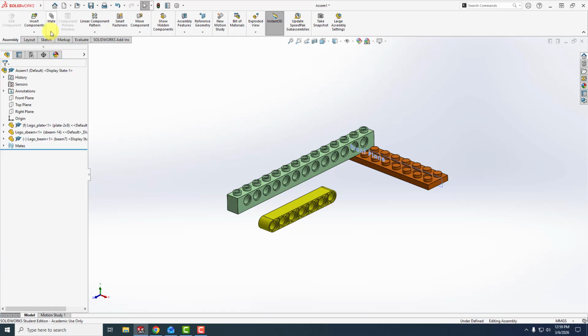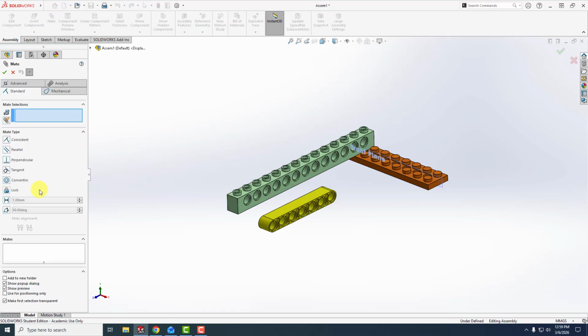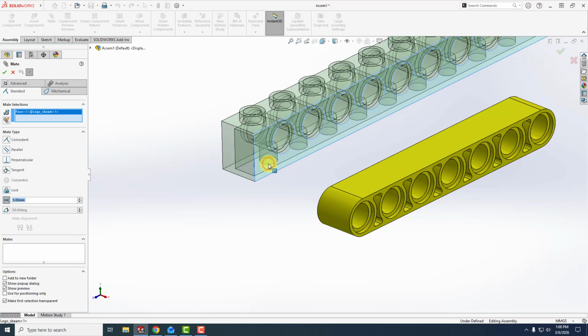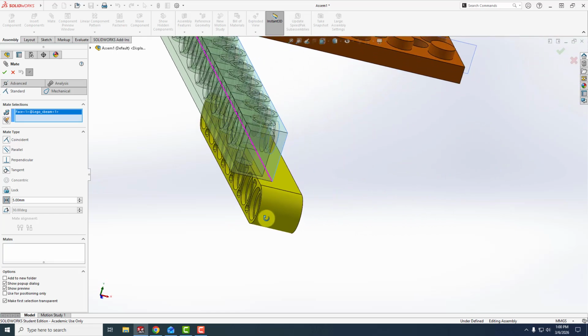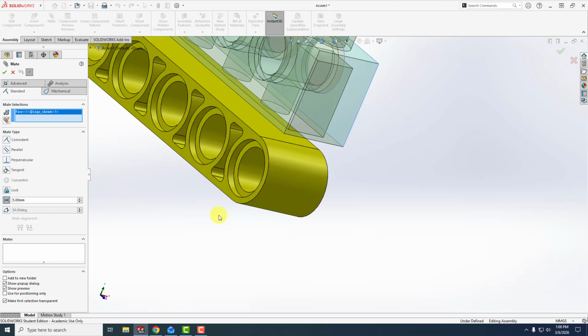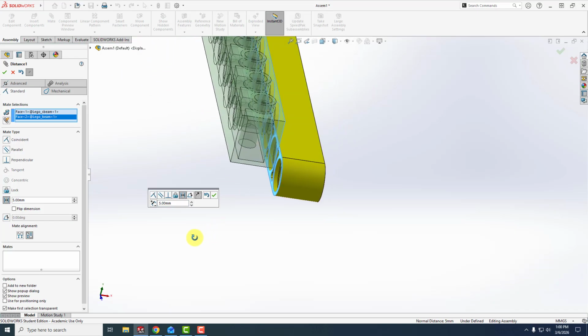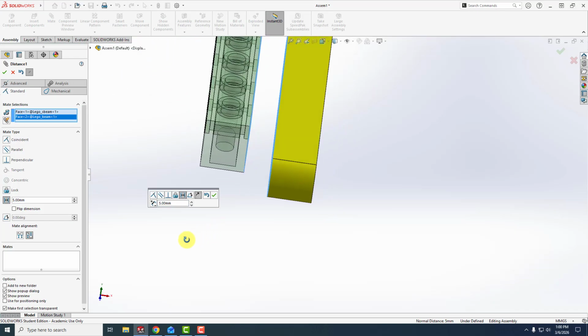Alright, so this one I'm going to use the mate, but this time I'm actually going to pre-select the mate. I'm going to select a distance mate here. I'm going to set the distance to be 5 millimeters. Now when I select this face of the beam and I rotate it so that I can select this face of the other beam, SolidWorks will position them 5 millimeters from each other, so you can see that it selected the distance